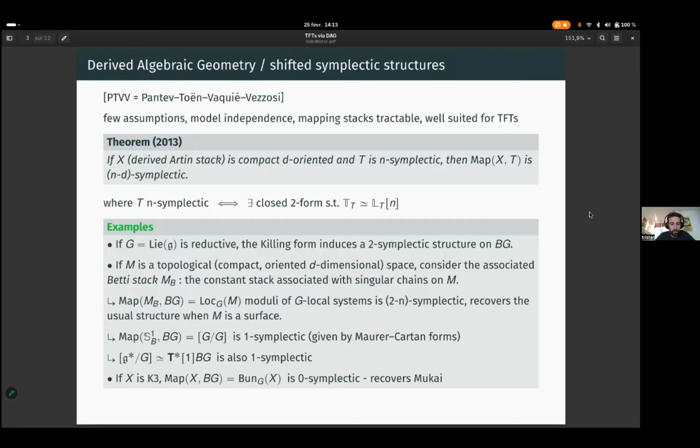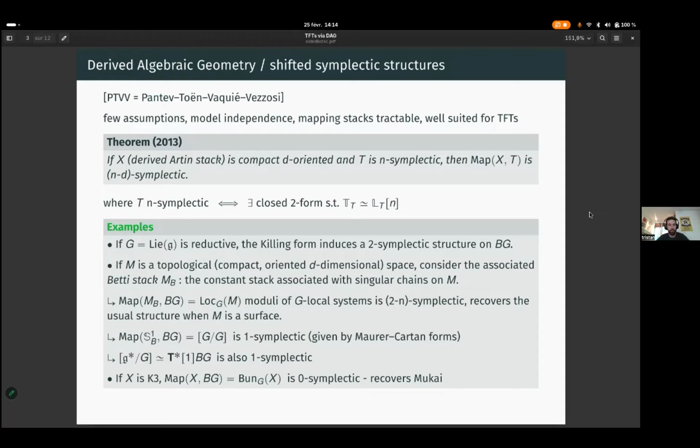And well, we can shift cotangent stacks associated to derived stacks. It turns out that the one shifted cotangent stack to BG is the one quotient associated to the dual of the Lie algebra, which is also one symplectic, because one shifted cotangent stacks are one shifted symplectic. Okay, another class of